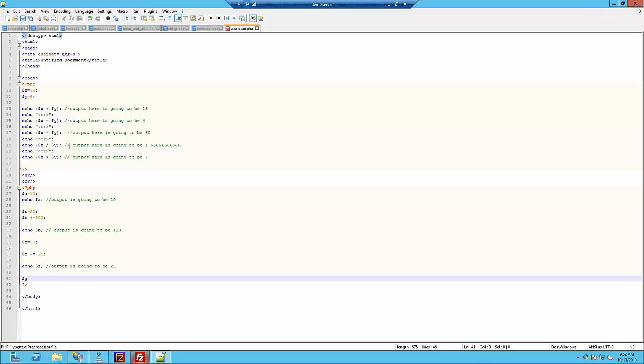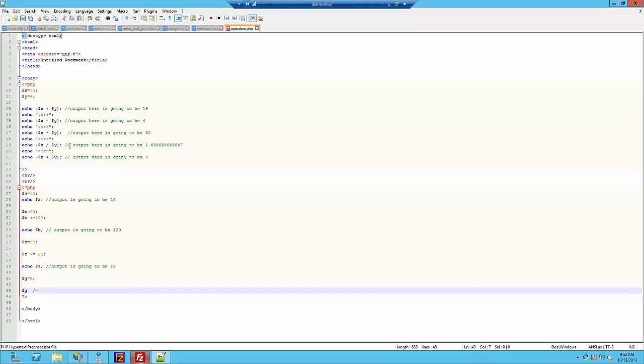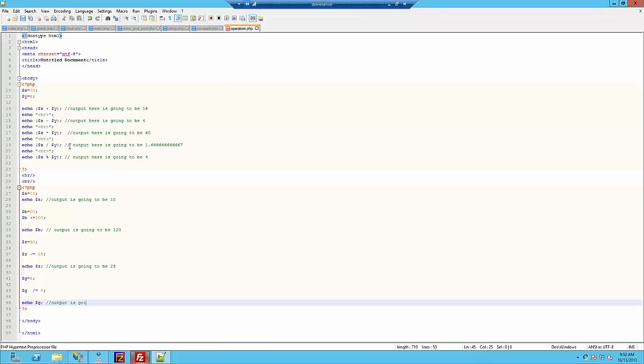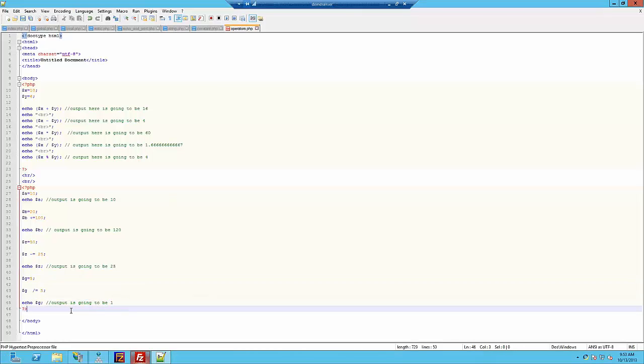Let's have a look at $G. Let's give it equality of 5. Then we say, okay, well, $G divided equals 5. Then we go, okay, echo that for me. So echo $G, and that is basically going to be what? Output is going to be one. Then we go